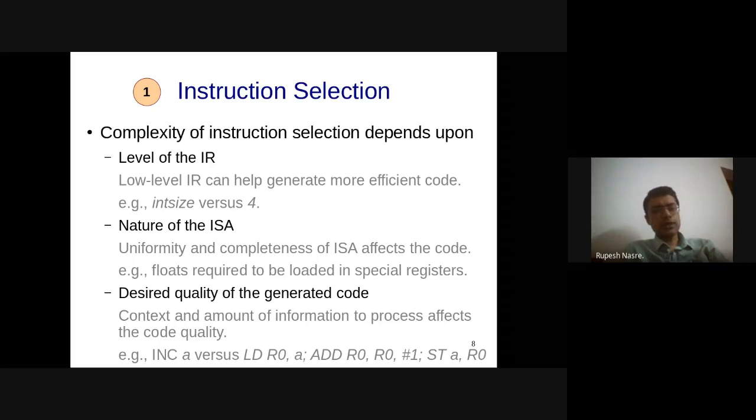The second was nature of the ISA, whether it is complete, whether it is uniform across all different kinds of types. I mean, typically there aren't any types apart from integer and float or at max bytes. But that uniformity affects the code generation because there might be different kinds of registers used for different purposes.